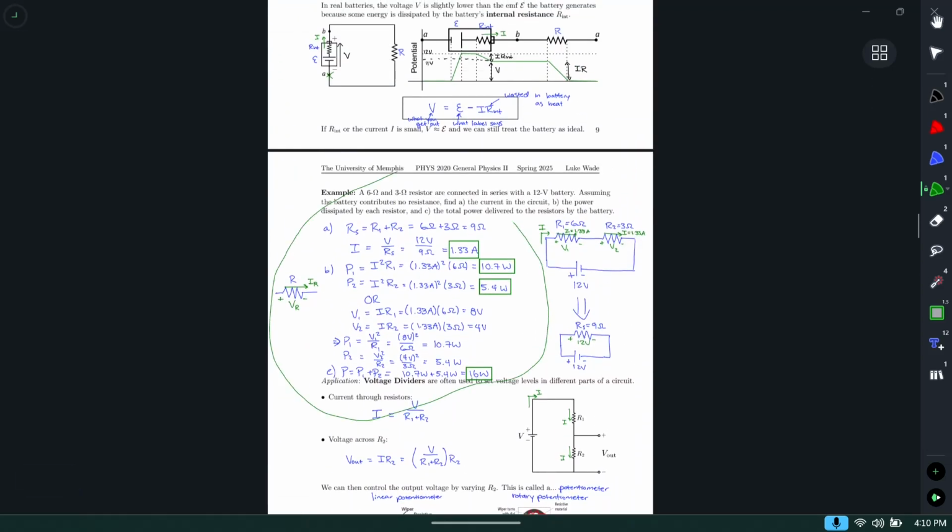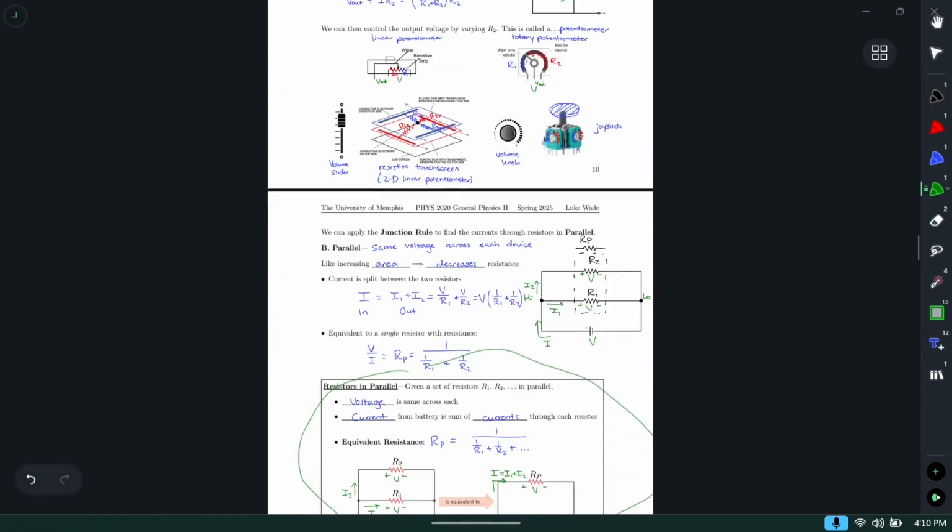This problem is good to look back at, because for one, it shows you that thing I was talking about, that you've got to have the right voltage and current, or you won't get the right power values. And then,